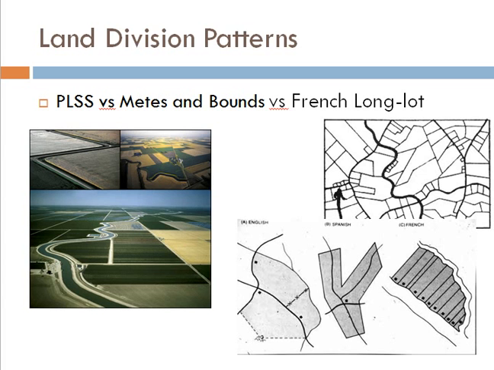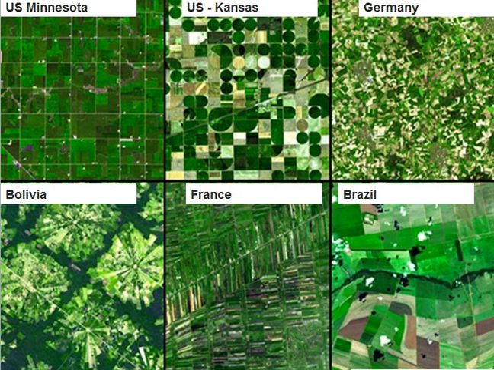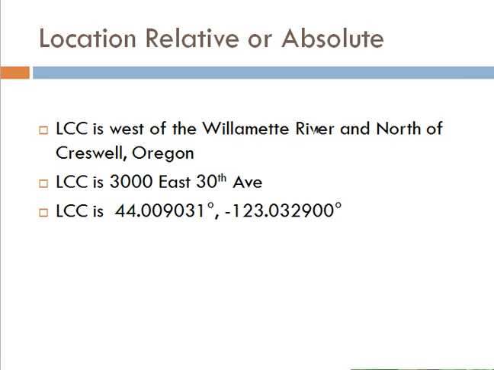And so there's three basic ways that you see on the landscape in the United States. One is the public land survey system, one is metes and bounds, and the third is the French long lot. And they each have a distinctive pattern of development. Here's a nice example showing the PLSS, irrigated and non-irrigated. Here is a metes and bounds in Germany. I don't even know the name of this system, but it makes a great image. And then in France, the French long lot. So I want you to be able to identify where those are in the United States and how they affect